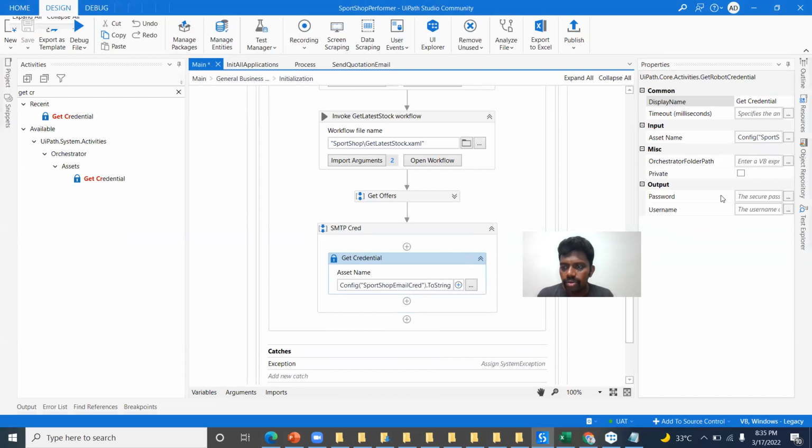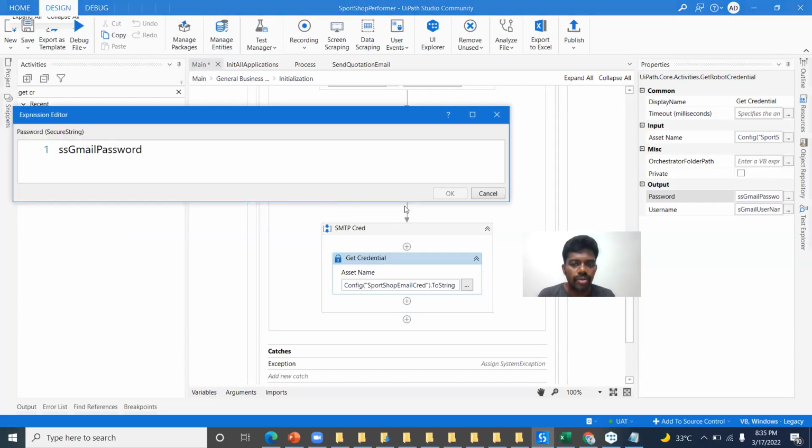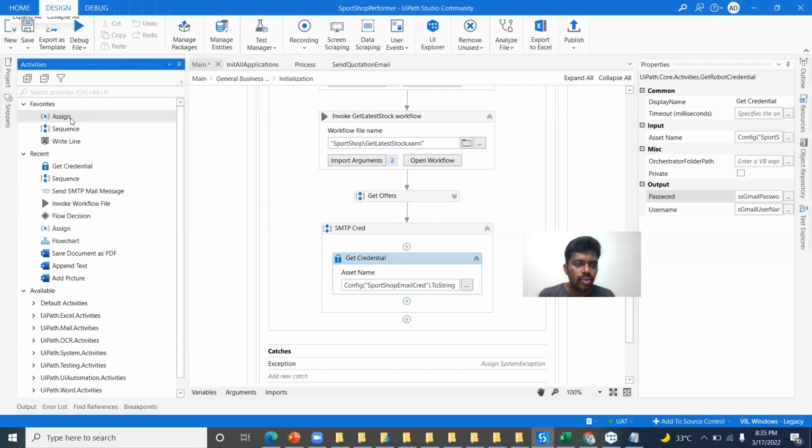Okay, so the username and password. What we can do is use the SS Gmail username, and this one is the SS Gmail password, because SS is a secure string. It's not a string, it's a secure string. So you can pass these two values into the